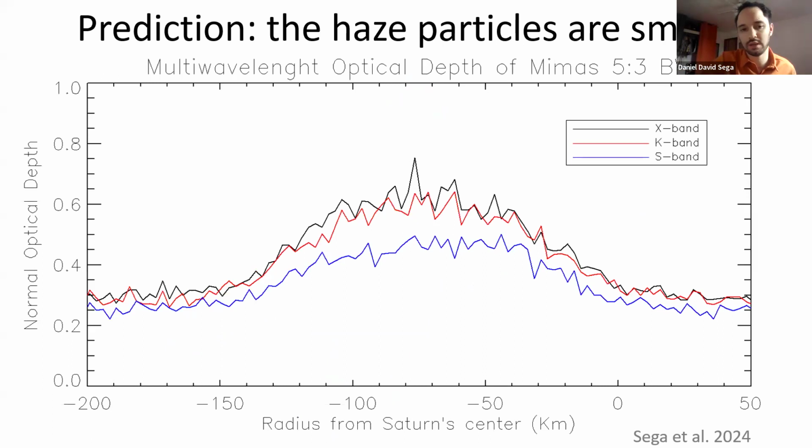And if we do a multi-wavelength analysis using radio, in this case, we have the S-band that is about 10 centimeters, and the K and the X-band that are 1 and 5. And we see that the S-band is not seeing something that the other two smaller wavelengths are seeing. And that difference doesn't exist outside over here. So this is also consistent with the fact that this hump is created by smaller particles, which is explained by the mechanism that we're proposing.